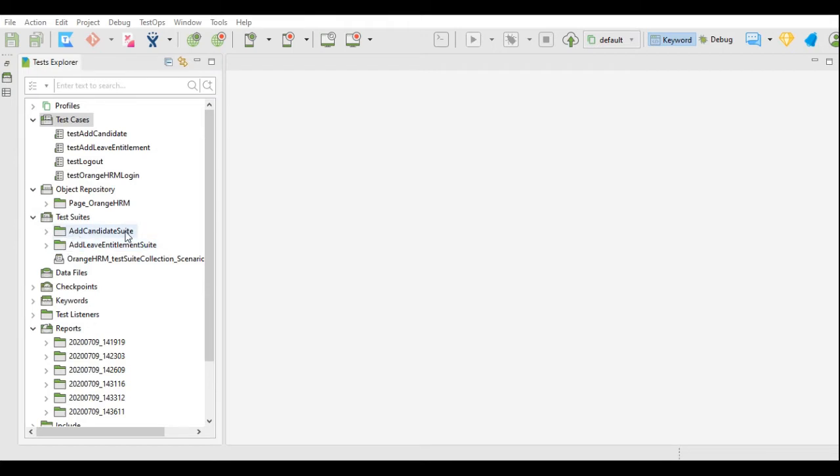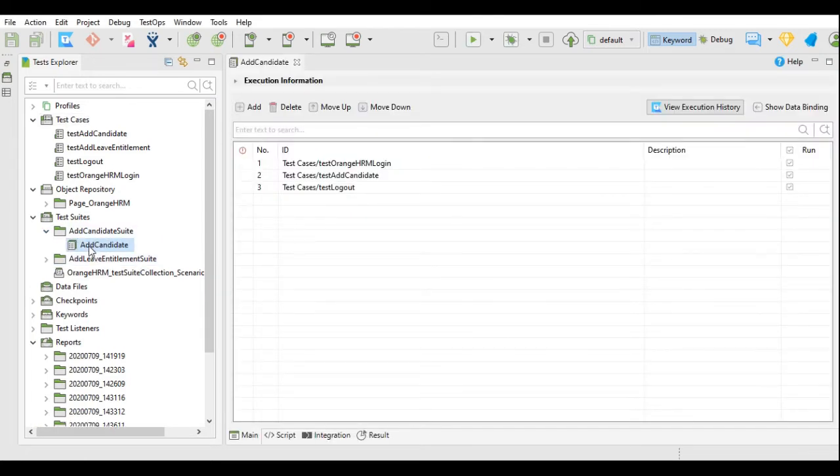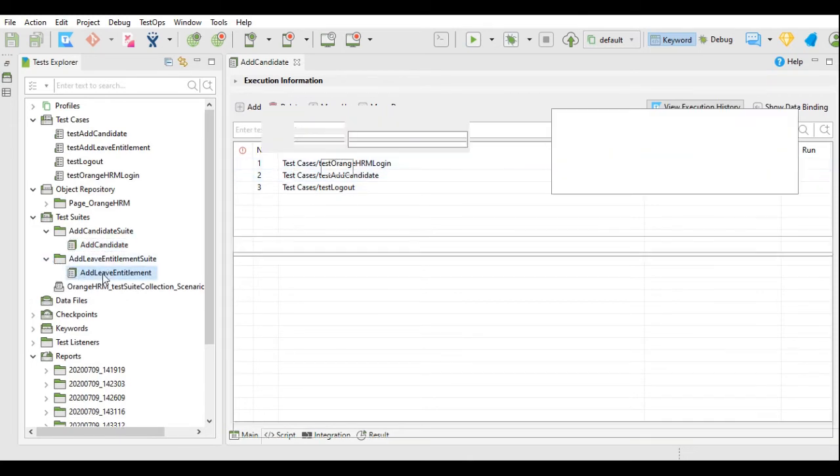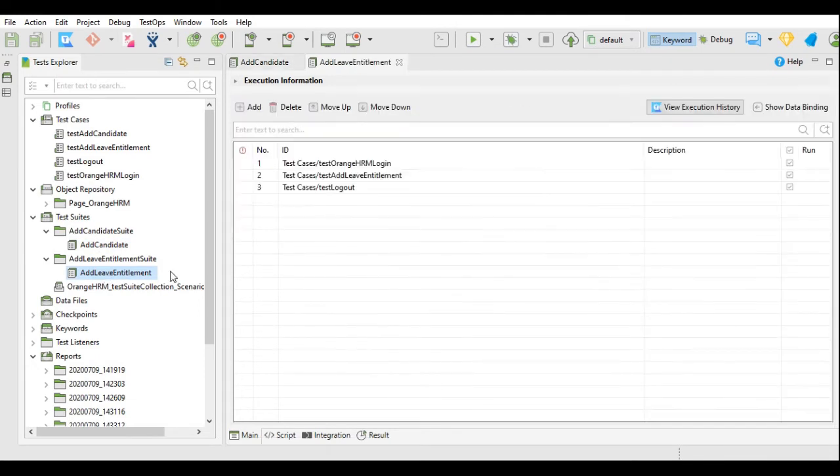One is to add candidate details and another is to add leave entitlement. These 2 test suite folders include test suites having the collection of test cases to complete the add candidate business scenario, or the add leave entitlement scenario.